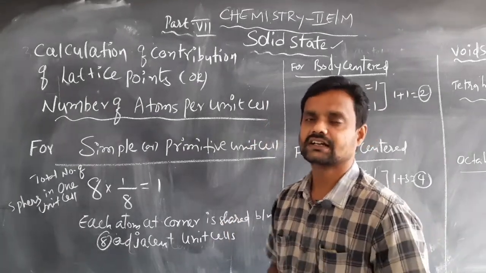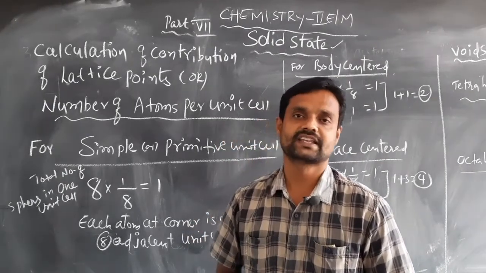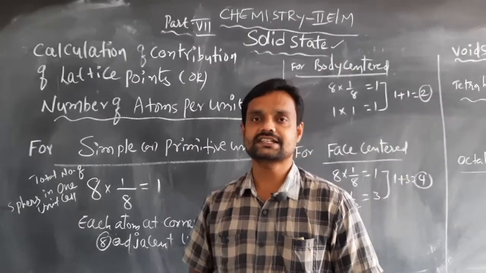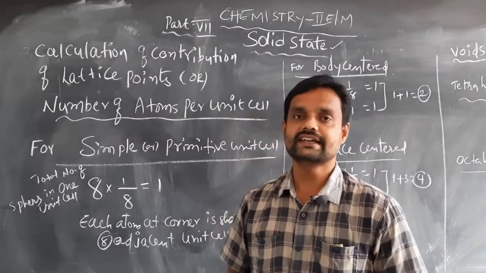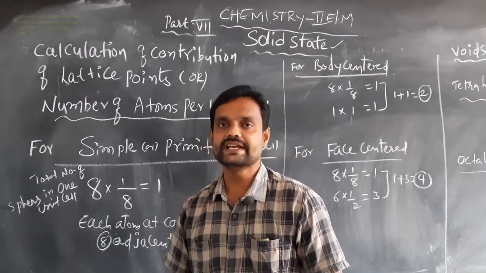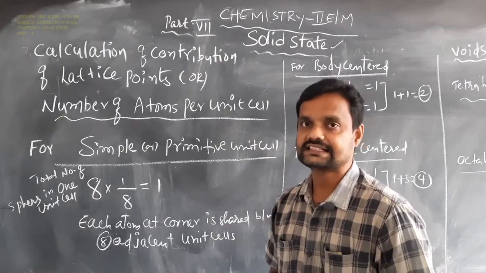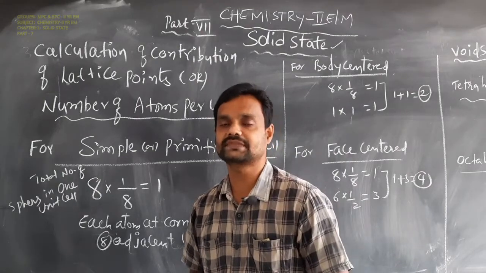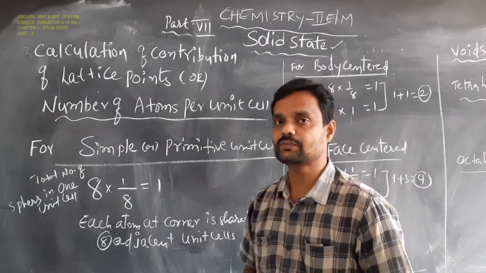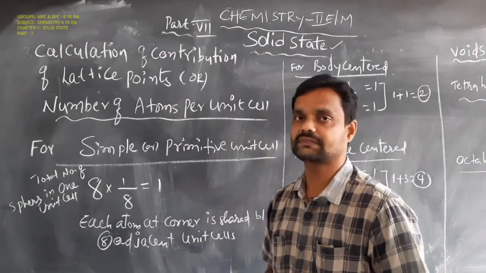And we also learned that there are 7 crystal systems in the three dimensional unit cell. How many crystal systems? 7 crystal systems. These 7 crystal systems can be differentiated by variation in their edge lengths and variation in their angles. Based on those variations, a total of 7 crystal systems exist: C, T, O, R, H, M, T. C means cube, O means orthorhombic, like that.